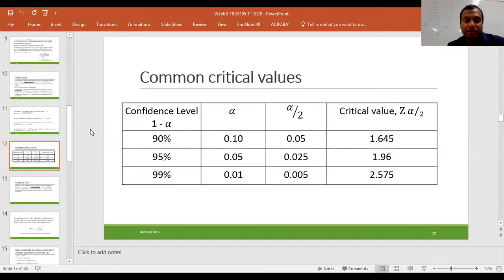There is a question for you guys. Think about why we are not talking about 100% precision. Why can't we think about a confidence level of 100%? If we are saying that 90% or 95% will give better precision compared to 90%, or 99% will be more confident, it will be better precision or more accurate. So why are we not thinking about 100% as a confidence interval? Think about those lines. You will get the answer if you think properly.